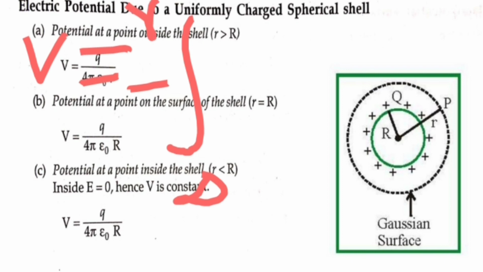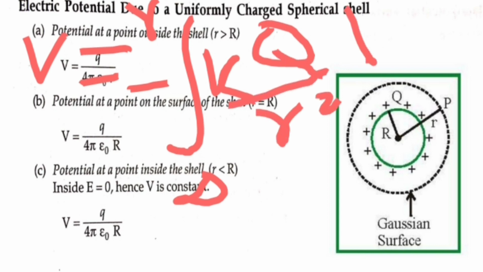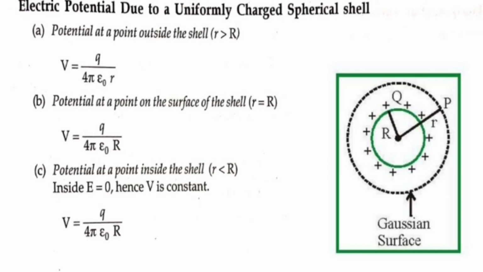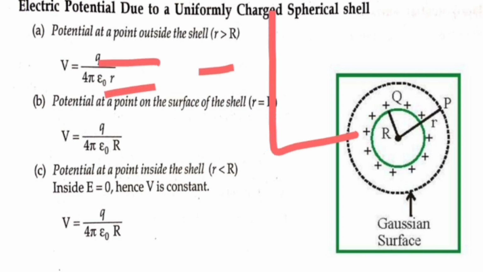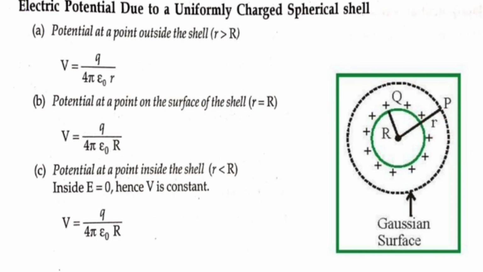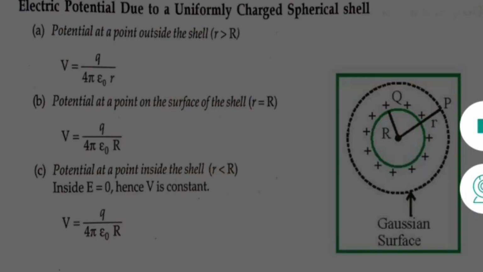This pen is so thick that I can write only 1 to 2 lines. After that it is completely exhausted. K Q by R square. Now these things are constant, only dr by R square is the variable quantity. So we can do integration K by R square. Minus is already there, and what is the value of the integration of dr by R square? It will be minus 1 by R. You can do that from infinity to that point. If you do all the necessary calculation, here there are two minuses. If you notice it, it will become positive.